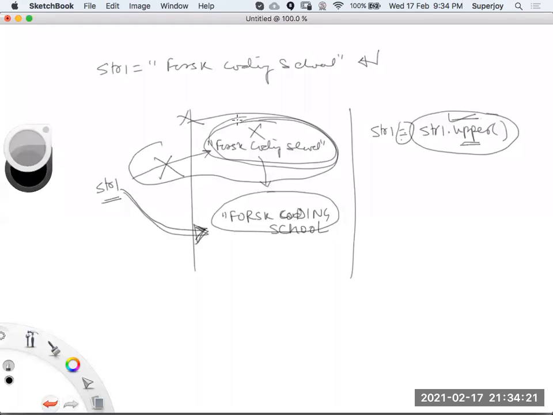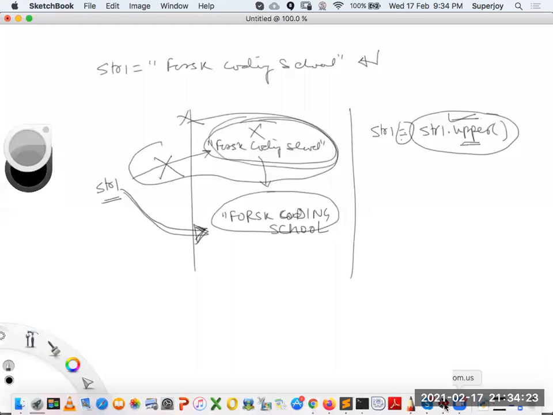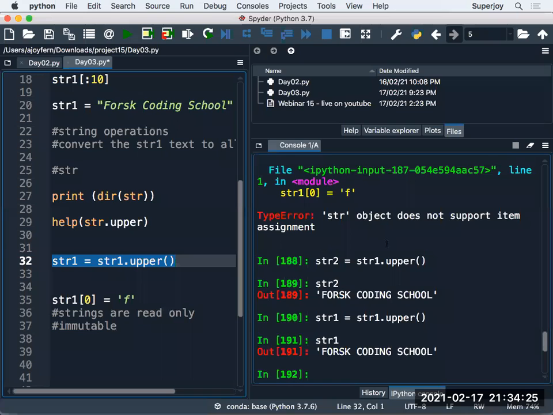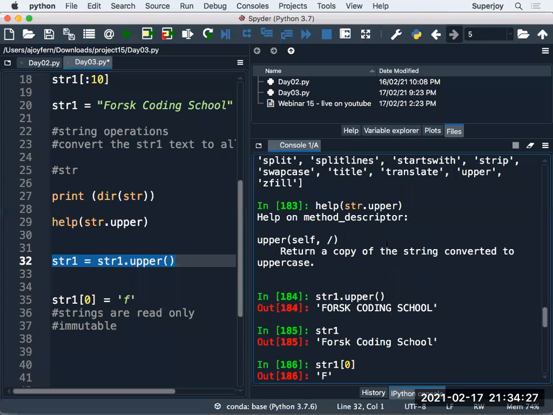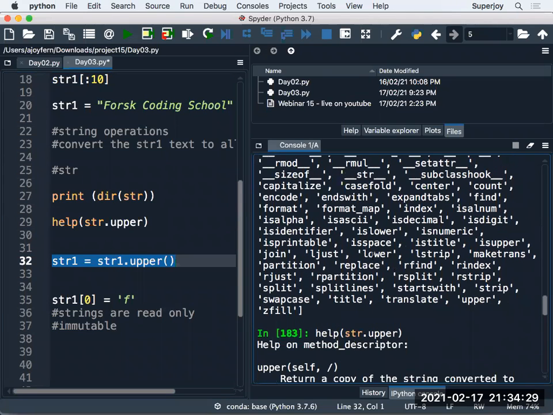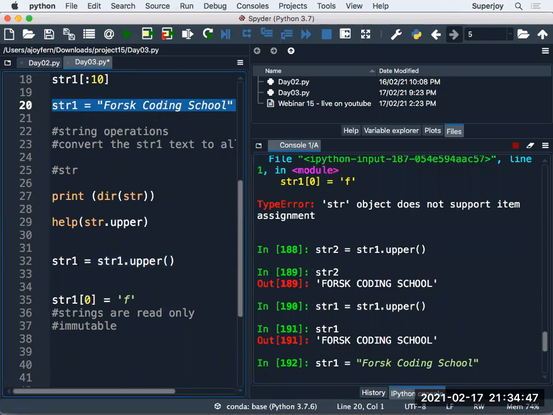Now, guys, with this upper example, you can understand how to use these functions. You can call any function. As of now, you can store the output in str2. So the best idea is this: you have this str1 and then you store it in str2.